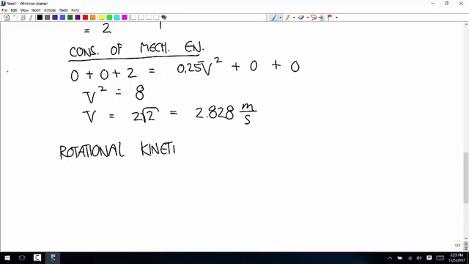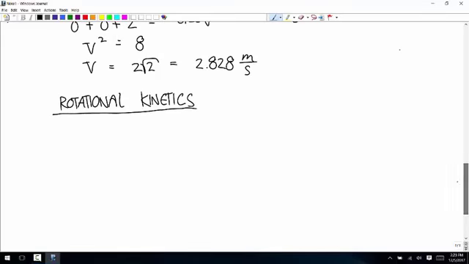Rotational kinetics. And before I get into the kinetics, remember when we talked about translational kinetics, particle kinetics, before we did that, we had to talk about particle kinematics. And so we defined velocity and acceleration and position and all that stuff. So first, before I can talk about rotational kinetics, I have to define